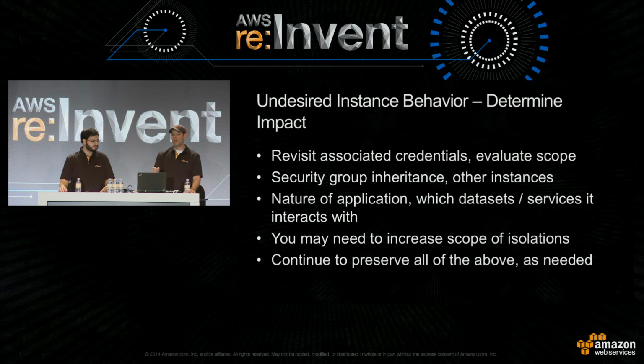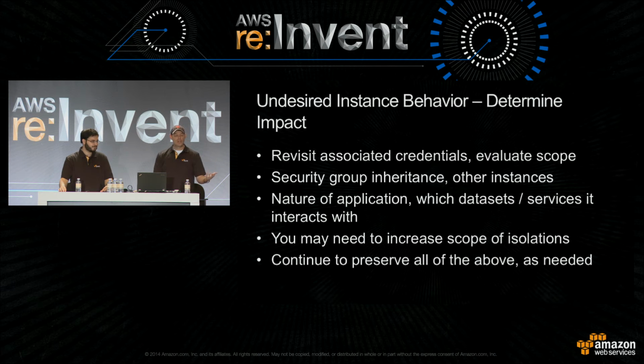Now, security group inheritance is something to pay attention to here as well. You can provision access to a security group by calling out another security group and saying this security group B is allowed access to security group A. If the instance that we're targeting is in security group B and has access to security group A, we're going to want to revoke that access and ensure that security group B no longer has access to security group A, or we're going to want to inventory all the instances that are in the security group that has provisioned access to determine if there's an expansion of the scope of our investigation.